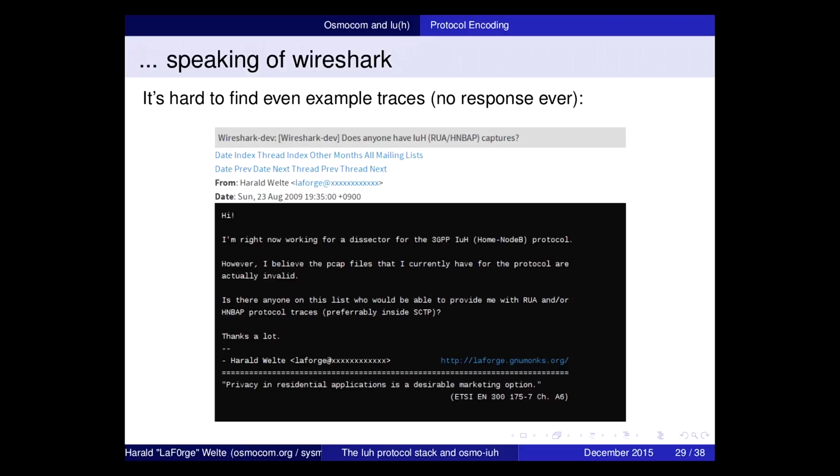You can actually find, I think, 2 or 3 public PCAP files containing each maybe a handful of messages on those interfaces. It's odd, you know. These are protocols that are specified publicly. They're used in production. Billions of users are using these networks, but nobody even has an example protocol trace of those protocols.